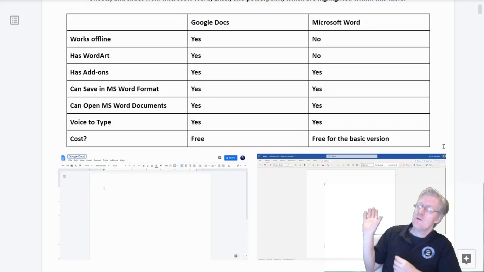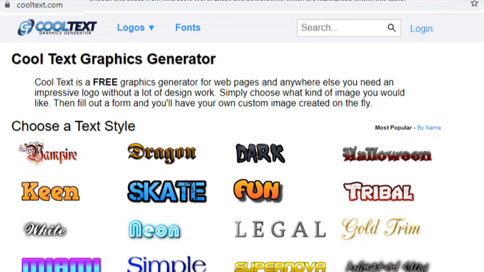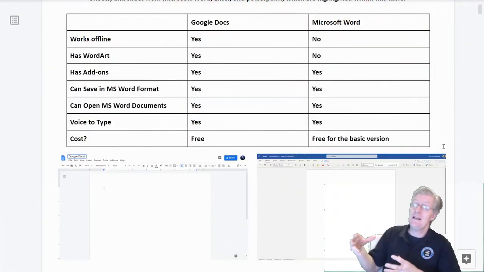Now, unfortunately, the online version of Word doesn't have WordArt. They took that feature off, and there is a way to get that if you actually pay for the premium version. Or there's another way too. You can go to cooltext.com, create your WordArt there, and simply copy it and paste it into your document. So there are many ways around getting WordArt, even though the online version of Microsoft Word doesn't have it.